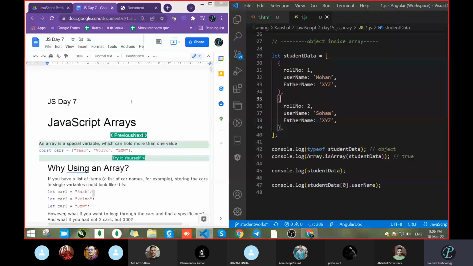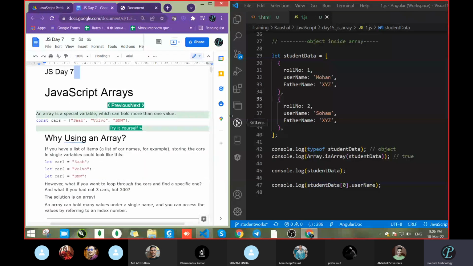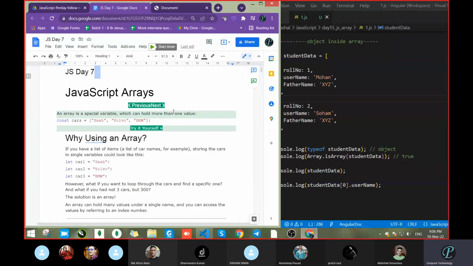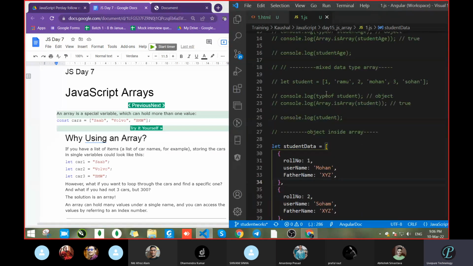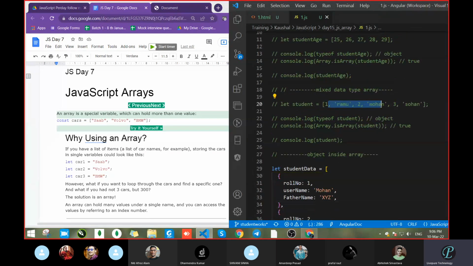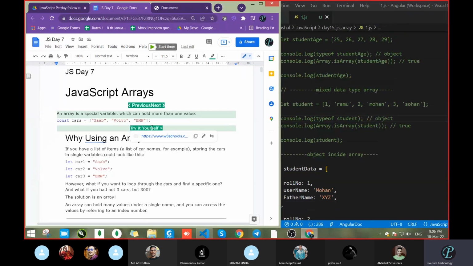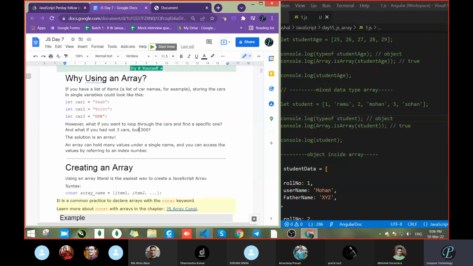So now come to the array. So what is an array? An array is a collection of more than one data, a collection of values. Similar or different data types, it will not be an issue, because we had seen that we took a number and a string, both data types, and it worked. Fine. So let's see why we use an array.